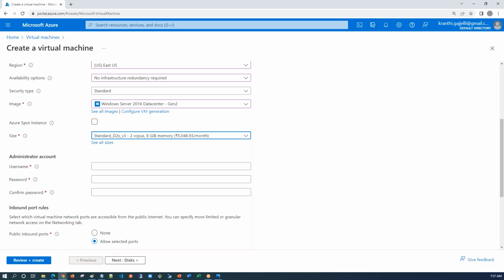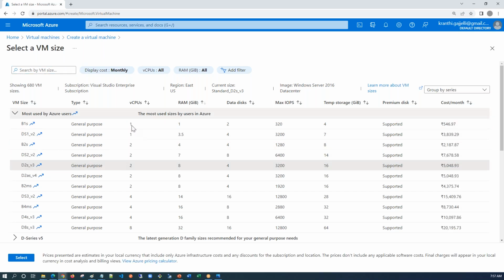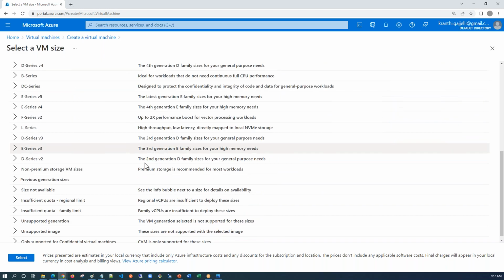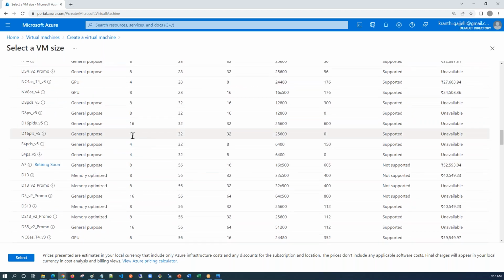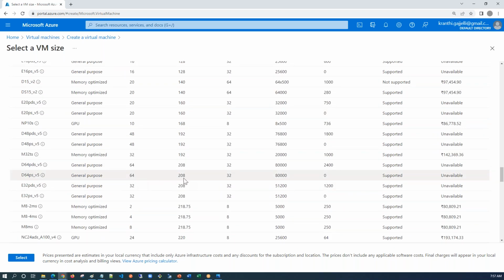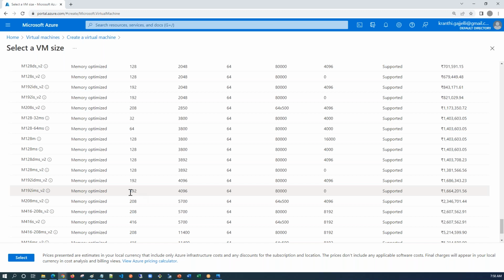But you see, if you go to all sizes, you can get anything. Let's sort it by RAM. So you can see the basic machine that you have is one CPU and 1 gigabyte of RAM. How much do you have to pay? 546 rupees, right? If you come down, you see 8 CPUs and 32 gigabytes of RAM. In the same way, you go to some other configurations. You will be getting 16 CPUs, 32 gigabytes of RAM. You get an 8 CPU, 56 gigabyte RAM machine as well. And if you come down, you see the crazy configuration: 64 CPUs, 208 gigabytes of RAM. And if you come down, you can see 192 CPUs,